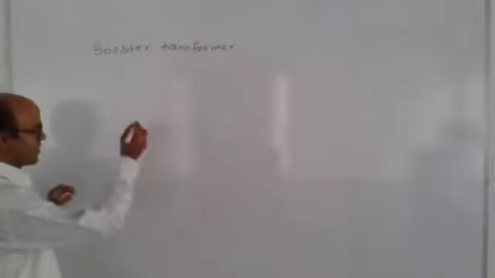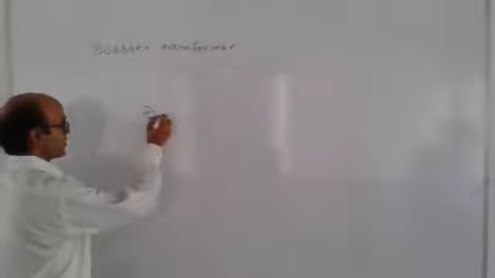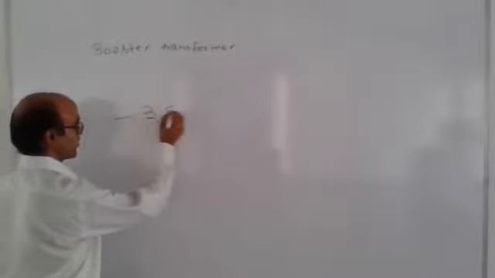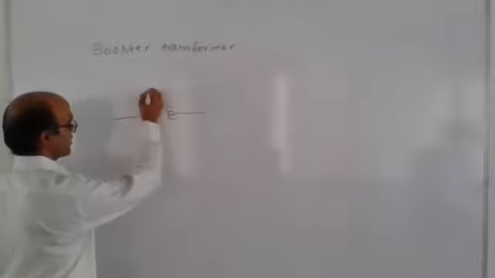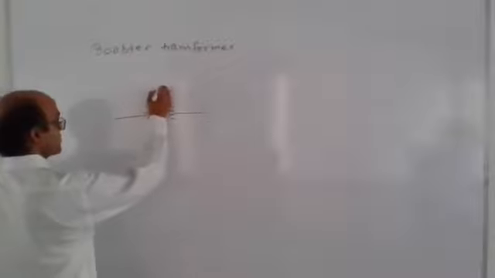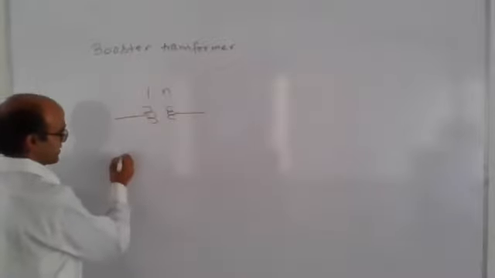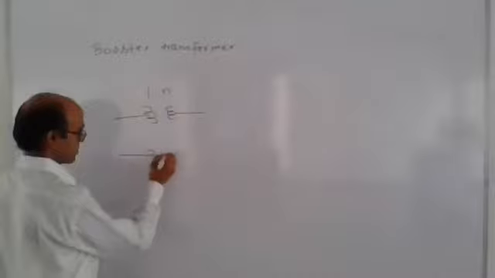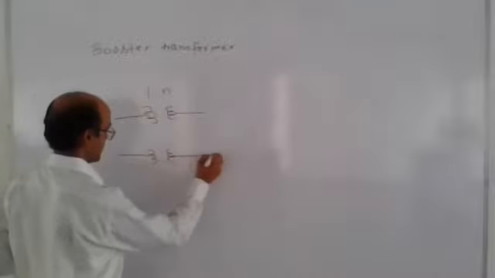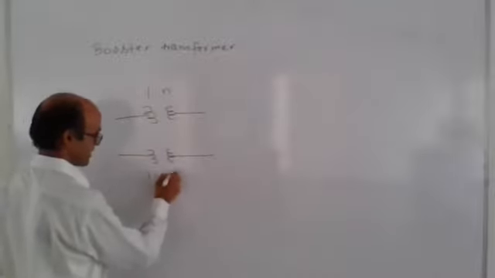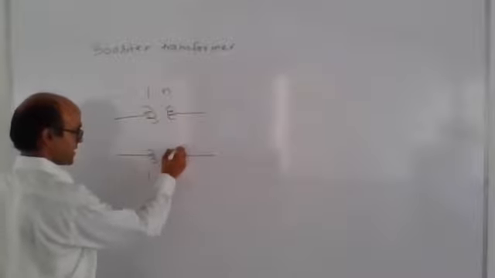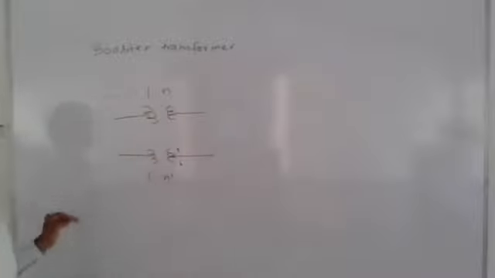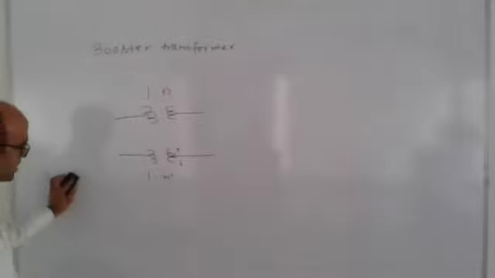Okay, so let me start. So this is what a booster transformer. What is booster? This is a nominal transformer and its turn ratio is 1:n. If I change the number of turns, that is 1:n dash, if these turns are changing, this is a booster transformer. By changing these turns, we can change the power.